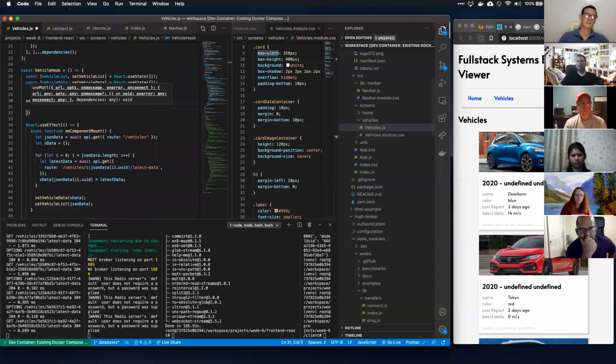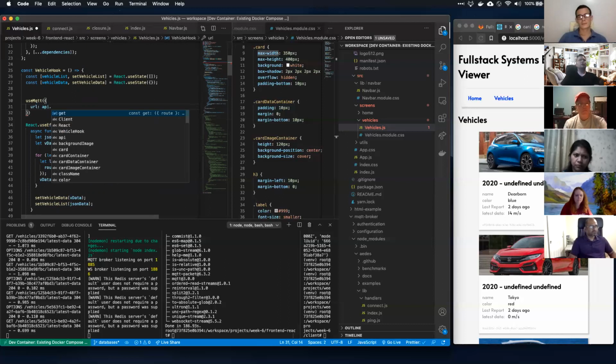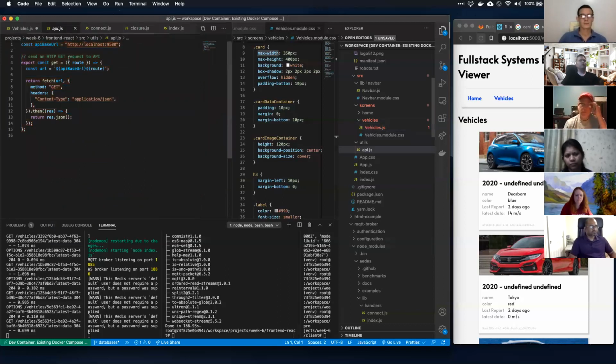And we just need to start doing some stuff. So this is where we get concrete, right? This is where we're actually connecting. This is where our vehicle stuff happens. We need to connect to our broker, all that kind of good stuff. So our URL is part of our API. So we have this API up here, and if we go to our API here, you'll notice that we have this API base URL,